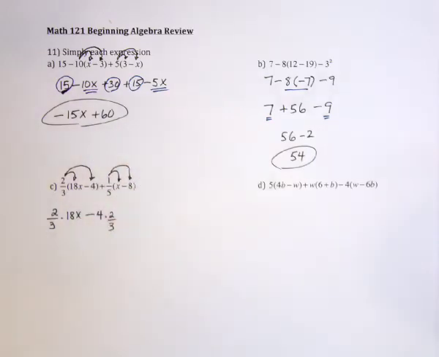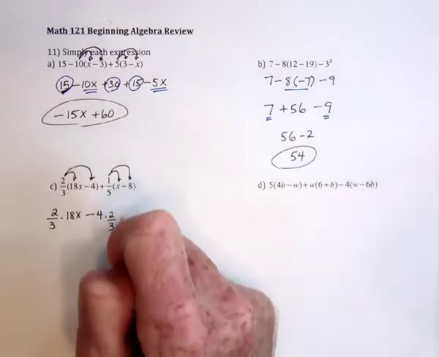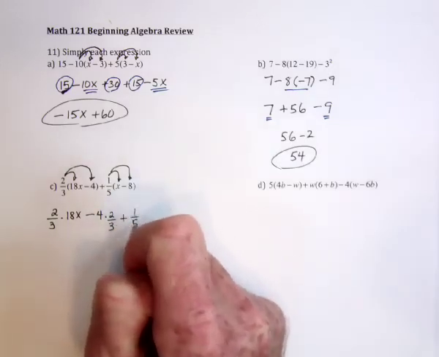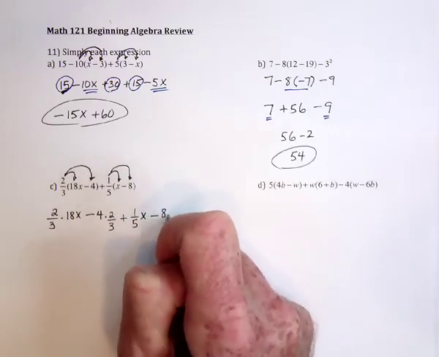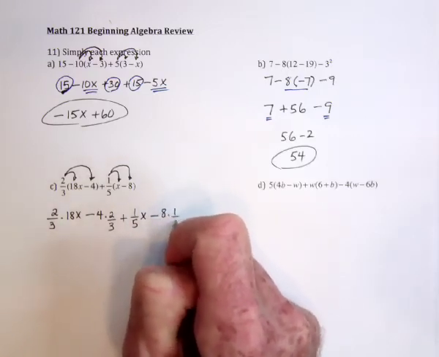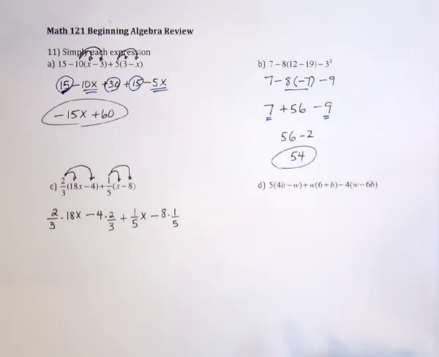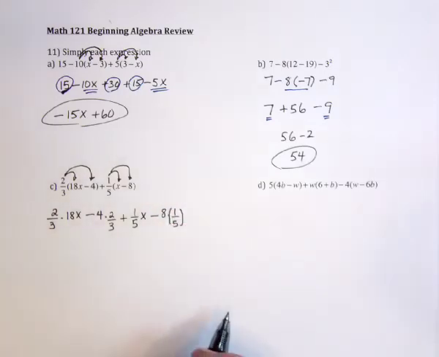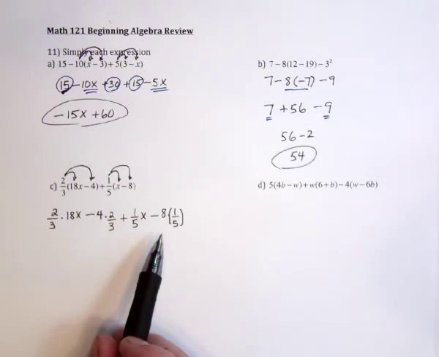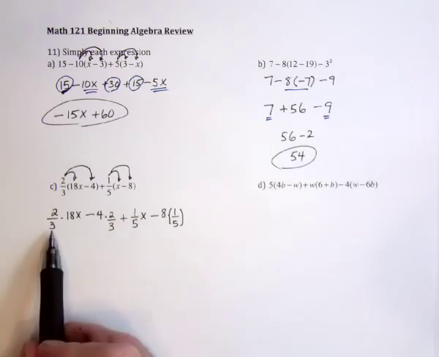So we would have 1/5 x, positive, and then the negative 8 gets multiplied with 1/5. You can write it like that, or you could write it in parentheses like that. They both mean the same thing. So let's see. Before I combine like terms, I need to clean this up because, for example,